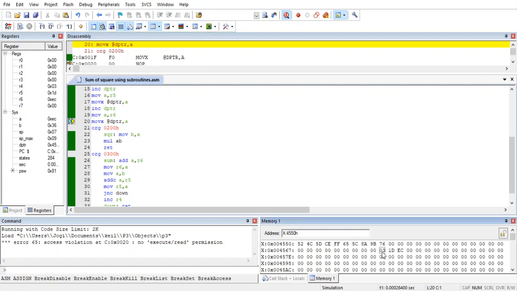If you look carefully here, you can see at 4570 is this particular memory location, right? At 4570, this is 67, this is 68, 69, 6A, 6B, 6C, 6D, 6E, 6F, 70, at 4570 you have 03, 71 you have 1D, and at 72 you have EC. So this is the final result that we have got. So you can see this. So this is how we can write this program.